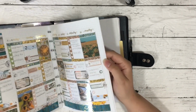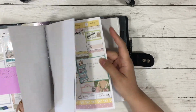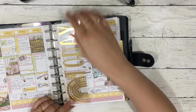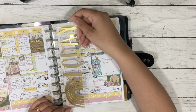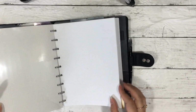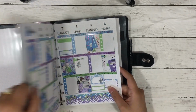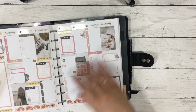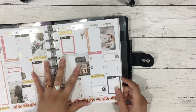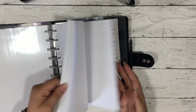And then here's another thing. We get into my planning. I'm going to do a July flip through here shortly as well, but I also made this today marker with the gold vinyl as well. So yeah, and then we just get into August. September, it's completely blank because it's all dot grid stuff, except for these pre-planned videos that I did to show you how I pre-plan with a standard vertical, and then how I pre-plan with a long vertical kit. And then this would be October, and then we're just into a bunch of different dot